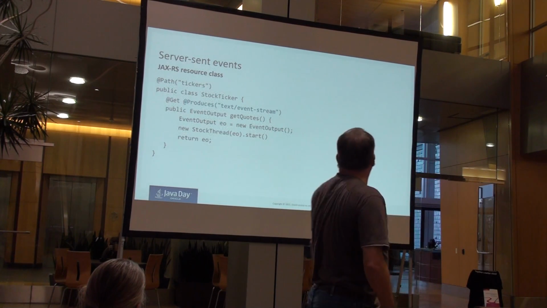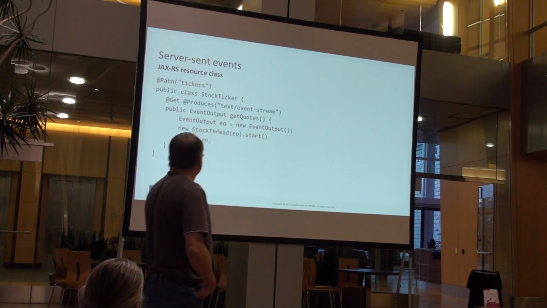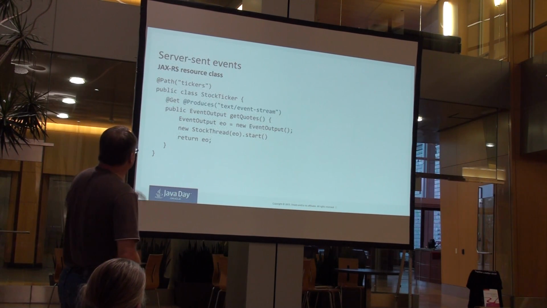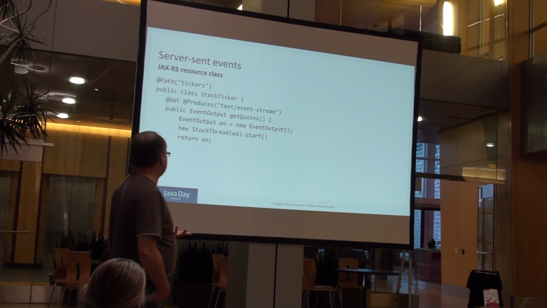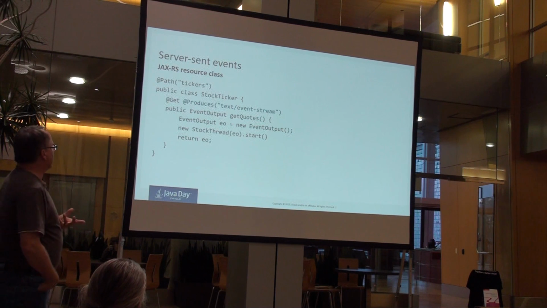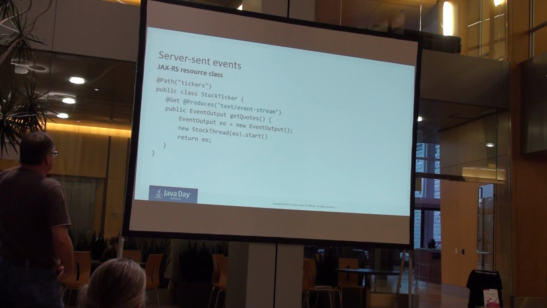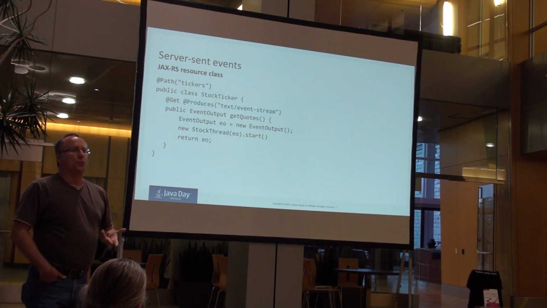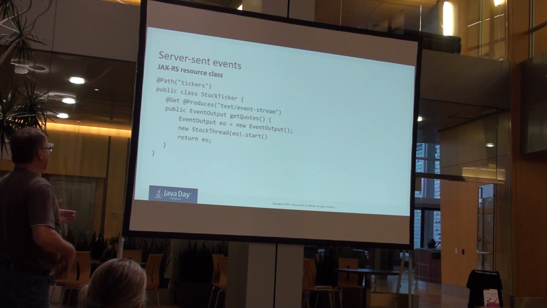So this is a really simple example where we're using the canonical example of stock data, right? And you'll see that we have your typical JAX-RS class where we apply GET to the method. That's going to receive the HTTP GET request. But you'll notice that under produces, we're now producing text/event-stream as the media type for server-sent events, right? So the method that's going to get called is getQuotes. It's returning a new class called EventOutput, right? So the EventOutput is basically the class